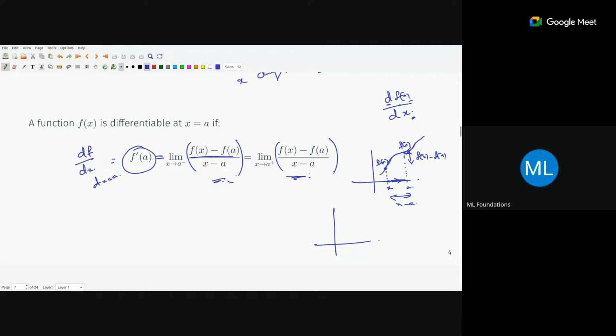I will give you one more point to think: if the curve is smooth, a continuous curve without any bend or sharp corner. If there is a break at x equals a, I can imply that these two values will not be equal at all. What I mean to say is, if the function is not continuous at x equals a, the rate of change from the left hand side will definitely not be equal to the rate of change from the right hand side.